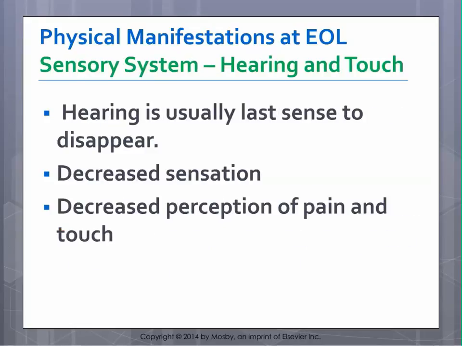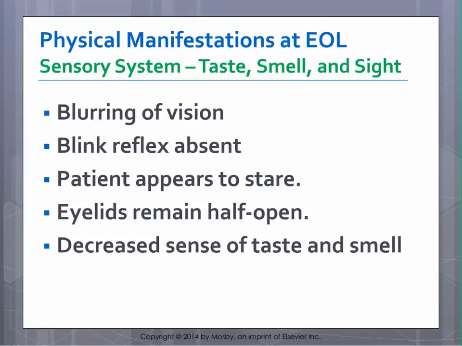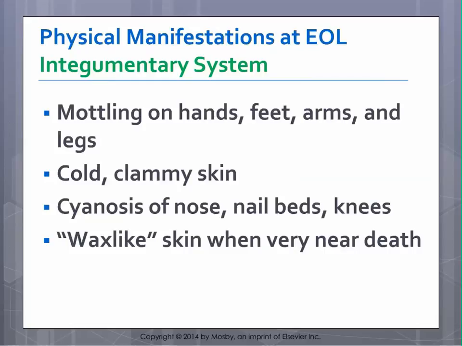The sense of touch is decreased at first in the lower extremities because of circulatory alterations. In addition to these physical manifestations of the sensory system, eyes might look sunken and glazed. Mottling looks faintly like purple and white leopard skin. And the skin cools first on the lower and then the upper extremities and finally the torso, unless a fever is present.